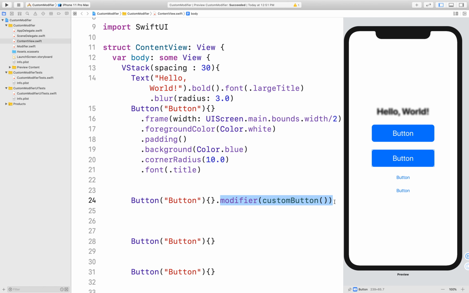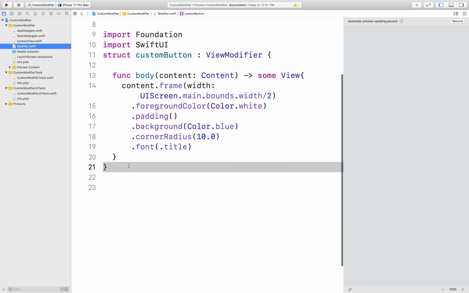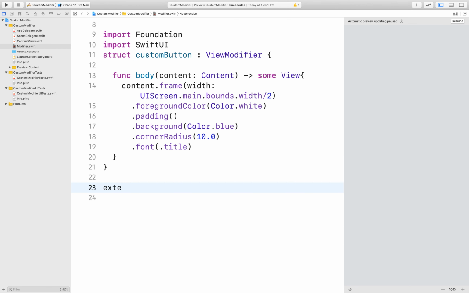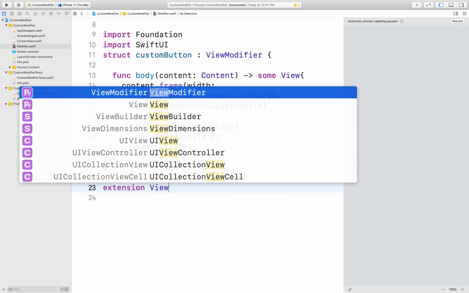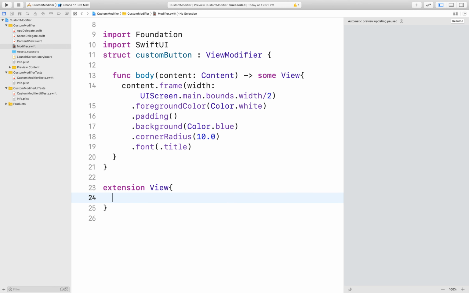We have another shorter way to use that modifier, using an extension. So here I am using an extension, and inside the extension I am creating my function custom and returning some view.